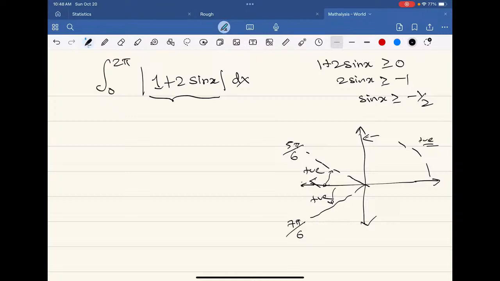And over here this will be negative. Over here that will be negative, right? And again in this region that will be positive, right? And now for this one, this will be negative, because at this point the sin x is less than negative half, right? So what we can do is, so I think what we can do is,